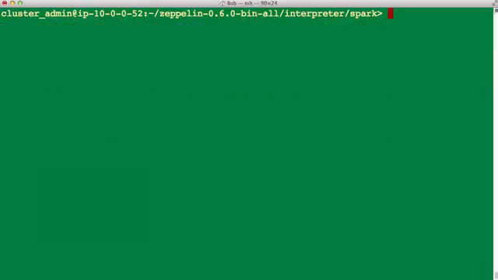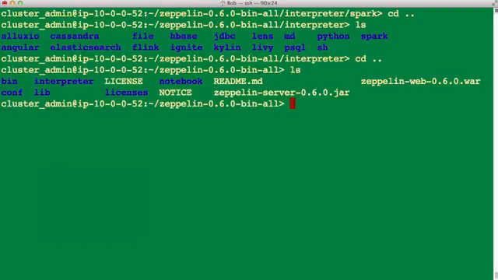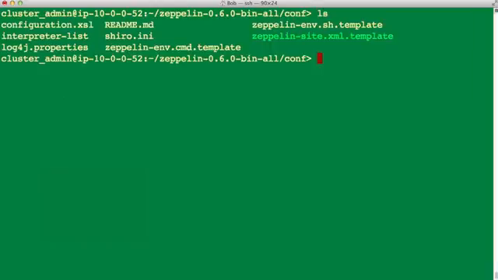So to do this, I'm going to go back to my conf folder. If I go back and do a CD into the conf folder and do a clear and an ls, what you see is that we've got these scripts, there's templates of these two scripts, zeppelin-env, which lists our environment variables for Zeppelin, and there's also a zeppelin-site.xml.template file. Essentially what we need to do is copy those files. So firstly, I'll copy the template file to a file called